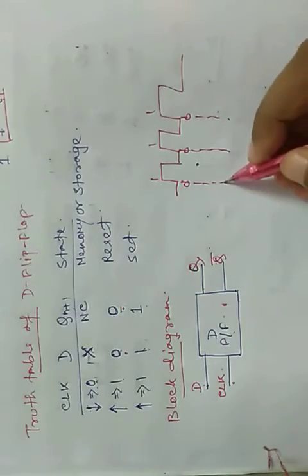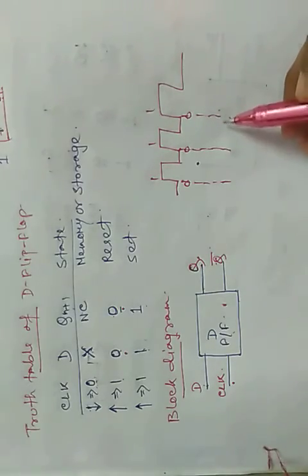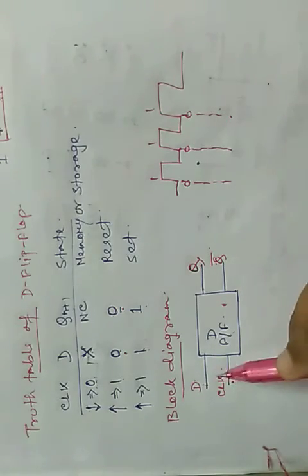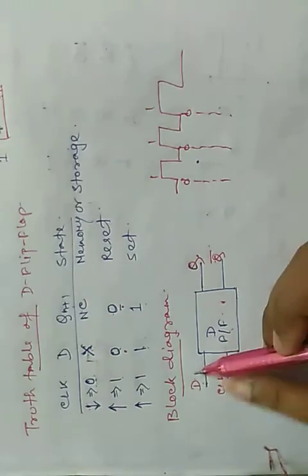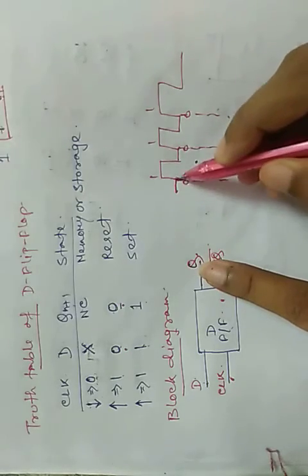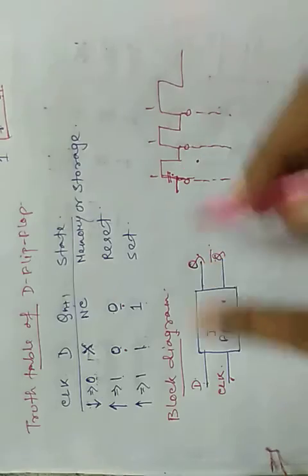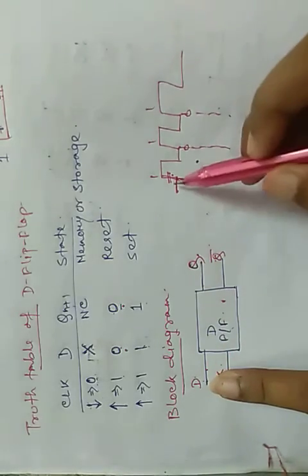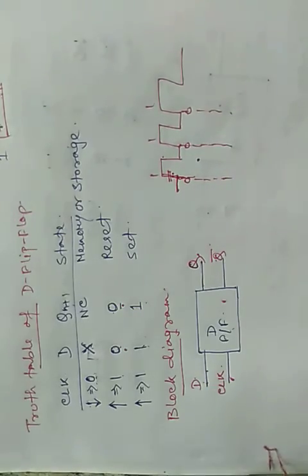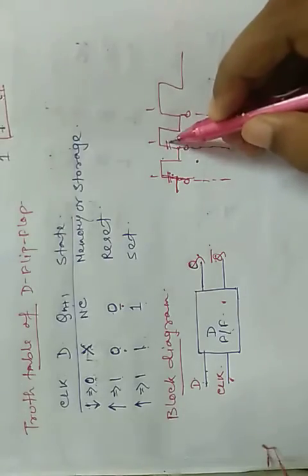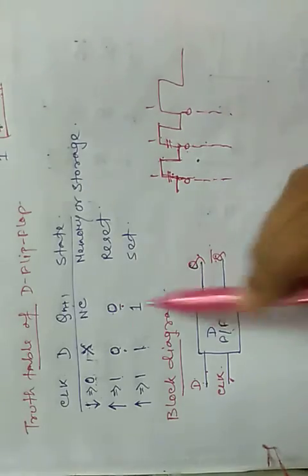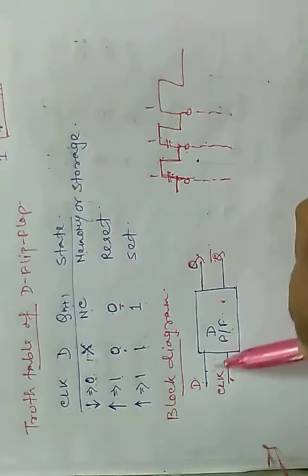the D flip-flop will get the value of Q. That means if D is 0, then we get the value of Q as 0 when the clock goes from 0 to 1, that means in this state. When D is 1, we get the value of D in this clock pulse. That means when the value goes from 0 to 1. Between these two values, the flip-flop will remain in its no change state, that means as a storage value.